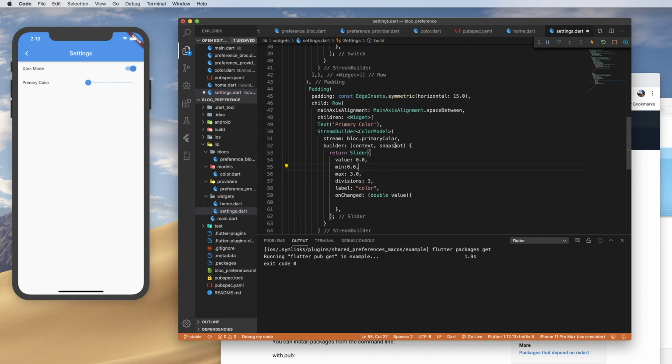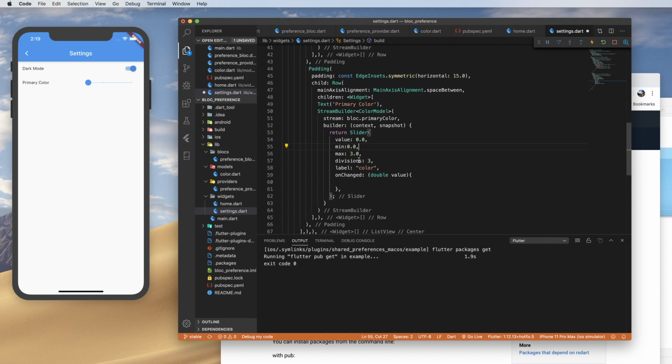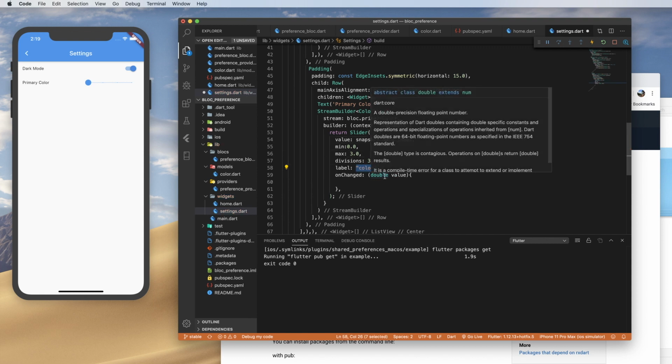That gives us a snapshot, which will be an async color model. So let's change our value then to snapshot.data.index. Then let's come down to our label and do